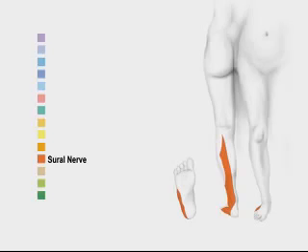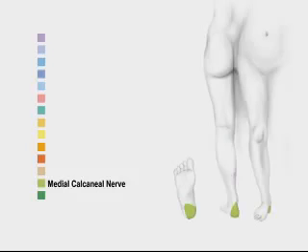The lateral aspect of the foot is supplied by the lateral dorsal cutaneous and lateral calcaneal branches of the sural nerve, which in turn originates from the tibial nerve in the popliteal fossa behind the knee. The medial and posterior aspect of the heel receives its sensory nerve supply from the medial calcaneal branch of the